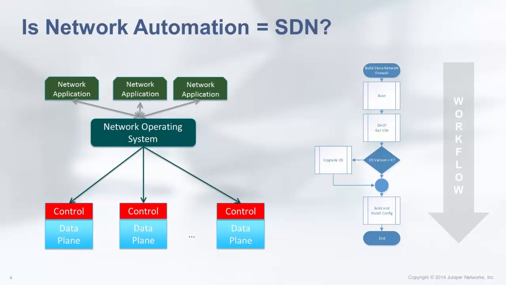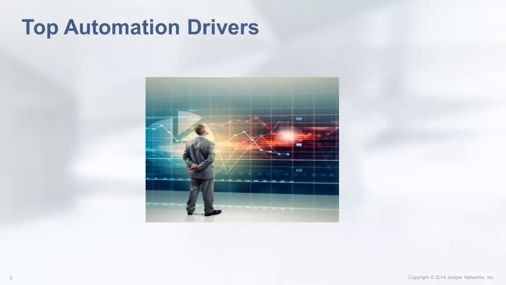Absolutely, and to create the most efficiency, which is a great part of our next question, right? What are the top drivers you see to move to network automation? We've kind of discussed some of them, about speed and agility, but what else do you see out there?